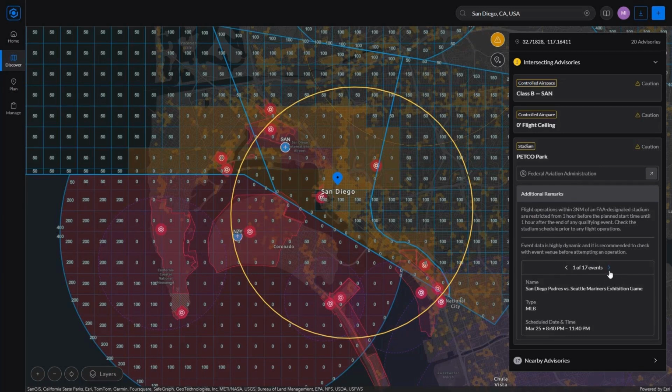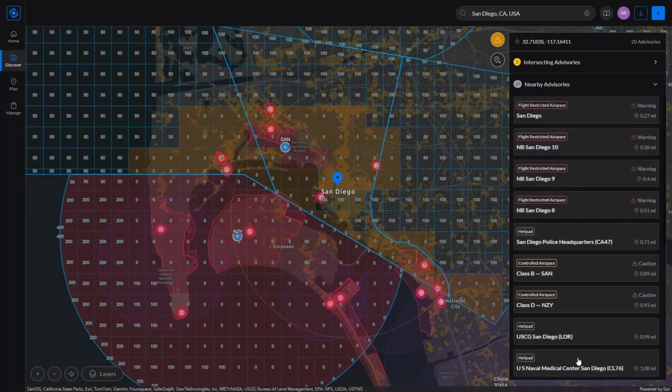For example, in this case, we tell the operator when an event is in effect or when one is upcoming. You can see that we have 17 scheduled events for this park in the coming months. The most recent one is going to be March 25th, and it looks like a baseball game. If I click on the nearby advisories, you'll notice that there's a whole lot more of them, but you can